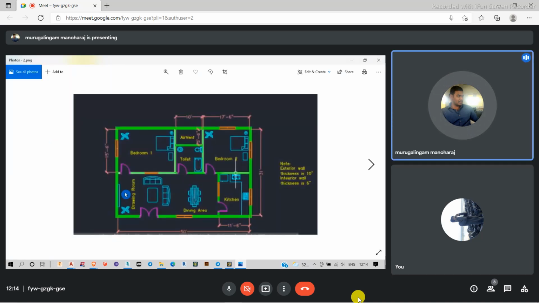If I see a drawing like this, I have to give different layers. For example, walls are one layer, doors are one layer, windows are one layer, furniture items are one layer, dimensions are one layer, and text is one layer. Like that I can separate different layers. To do that, I'm just going to my drawing here.